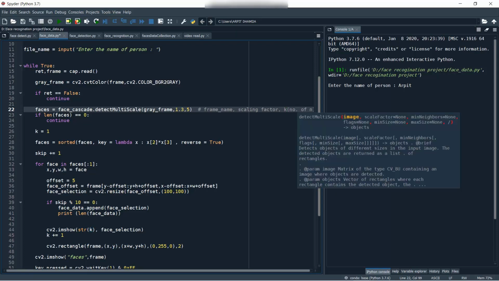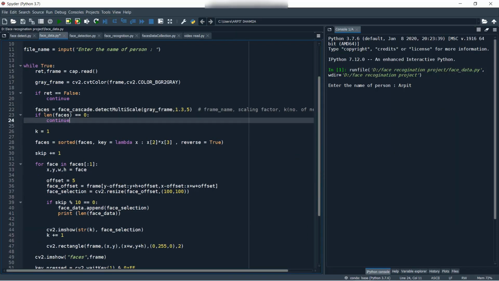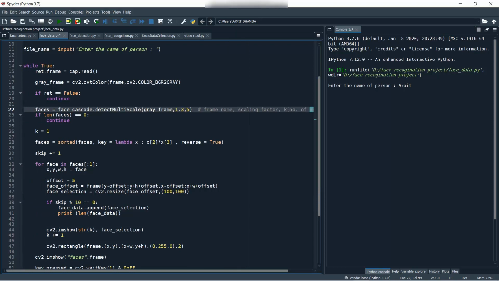Okay, so number of neighbors is basically used in the KNN algorithm. If you don't know the KNN algorithm for now, just skip this line. I will explain each and every functionality of scaling factor, k, and the whole functionality of this line later when I will be explaining the KNN algorithm, because you will get a clear understanding then.